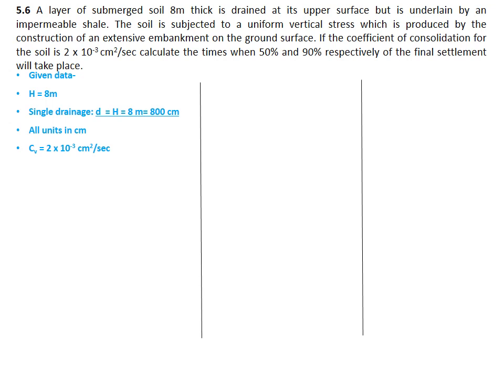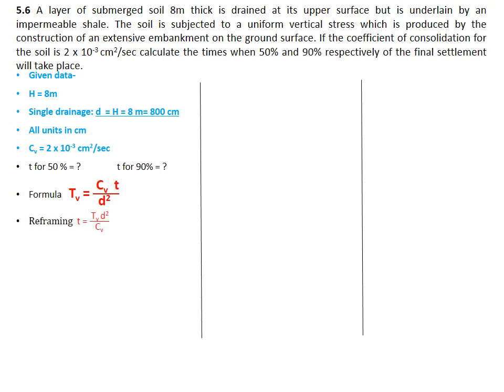Now the question is, we have to find the times when it is 50% of the consolidation and 90% of the consolidation. So let's say if this soil settles for some x meters, that is the final settlement. So we have to find out how much time it will take for 50% and for 90%. So if you look at this, that 50 and 90 is nothing but the degree of consolidation U. So the formula which we'll require here is TV equals CV t by D square. So whenever the time comes into picture, you need to use this formula.